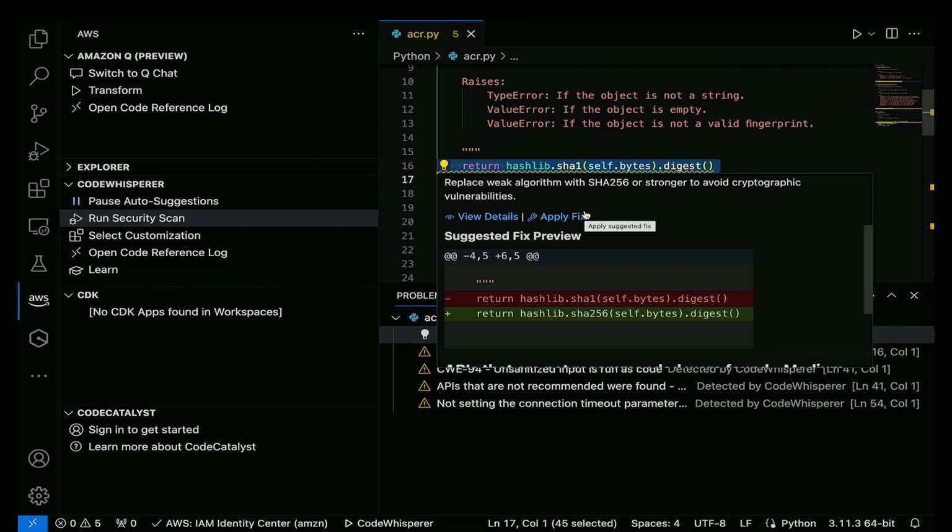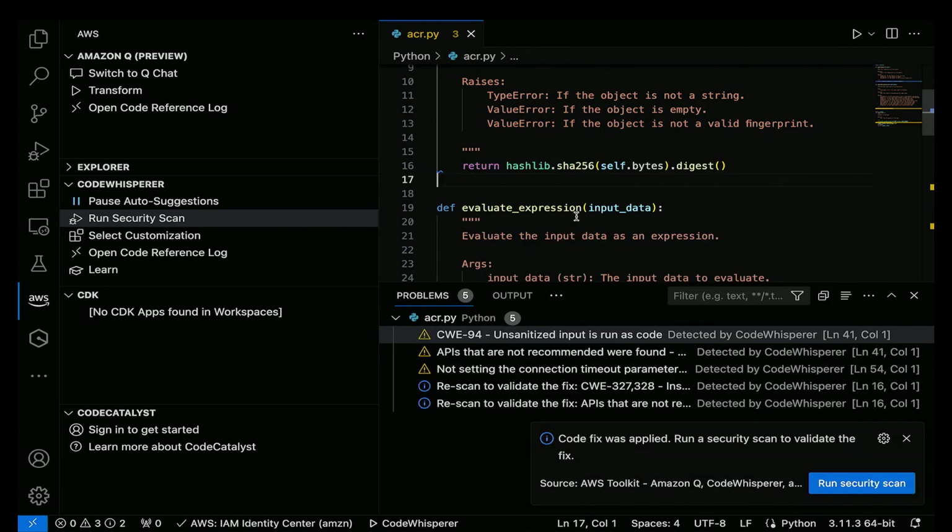You're learning about why this is a security vulnerability. So we give you some indication as to, not only did we detect this, but here's what it was, and here's how you fix it, so that you can learn over time and change your coding behaviors, be more productive from the get-go. But in the meantime, you can just click apply fix, and we'll change that code, and you get a little message that says, go ahead and run the scan again and make sure it's been fixed.